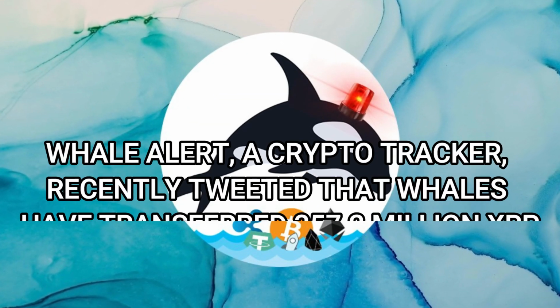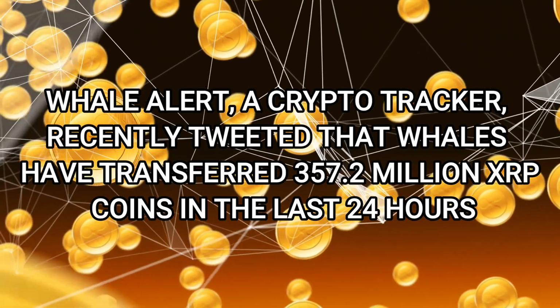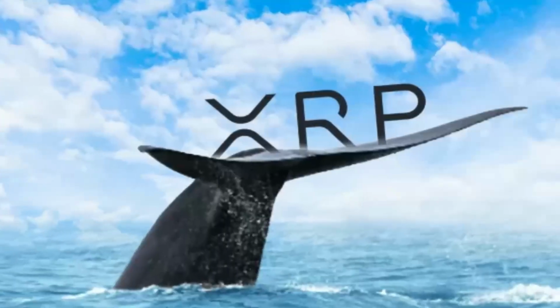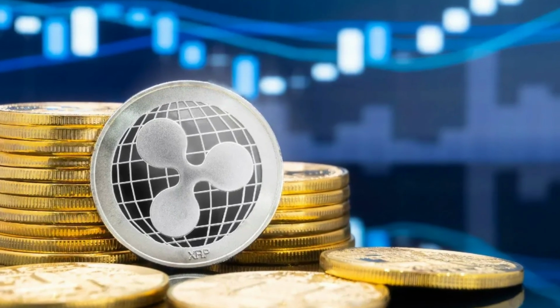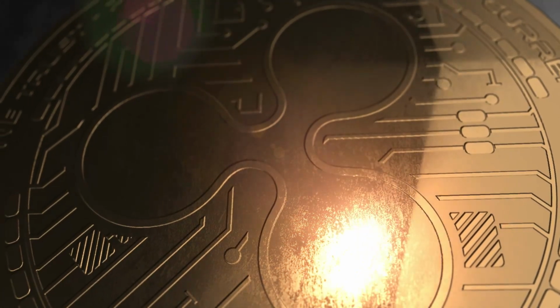Whale Alert, a crypto tracker, recently tweeted that whales have transferred 357.2 million XRP coins in the last 24 hours. Overall, whales have been very active in transferring XRP this week, and the asset has grown by more than 6% in the last week. A large amount of XRP, totaling